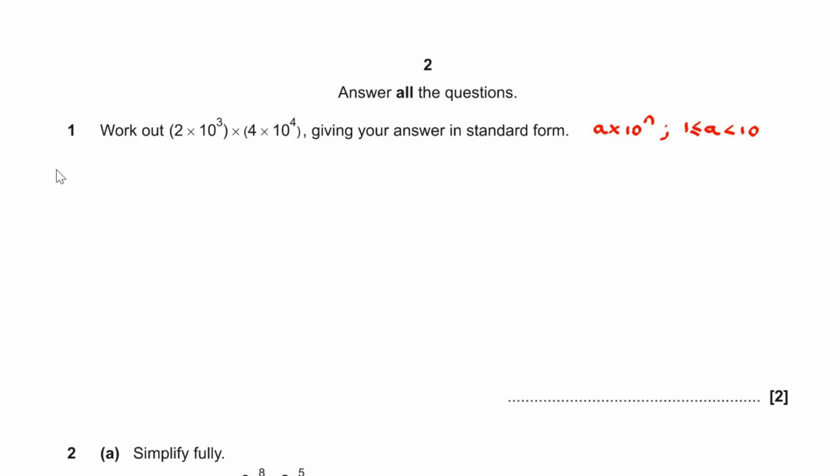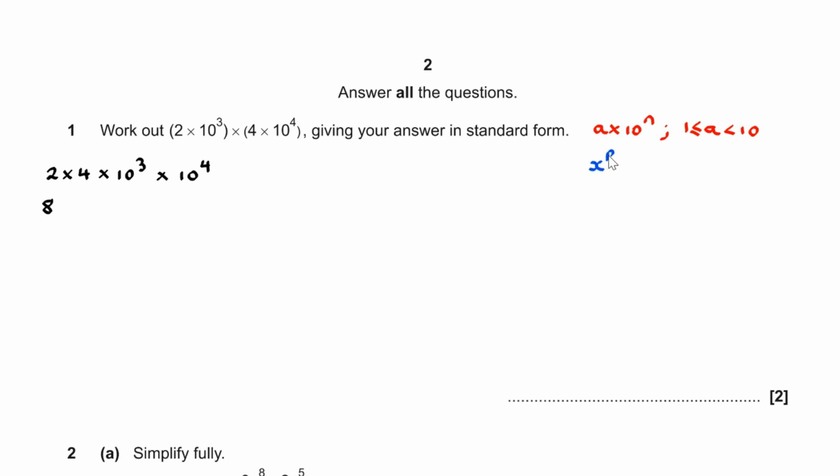If we rewrite this to begin with as 2 times 4 times 10 to the power of 3 times 10 to the power of 4, well, 2 times 4, that's 8, and you can see 8 is in between 1 and 10. To deal with the 10 to the power of 3 times 10 to the power of 4, we'd have to use the laws of indices. That's to say,